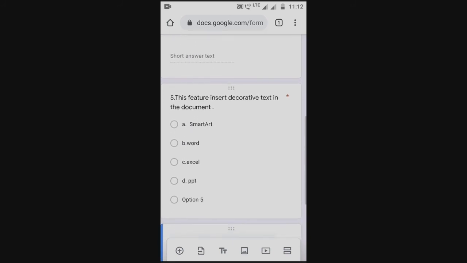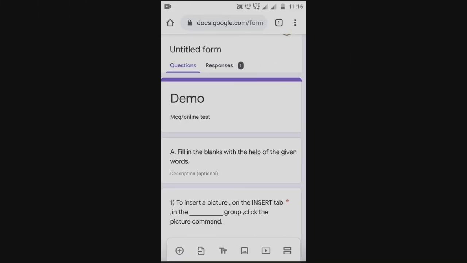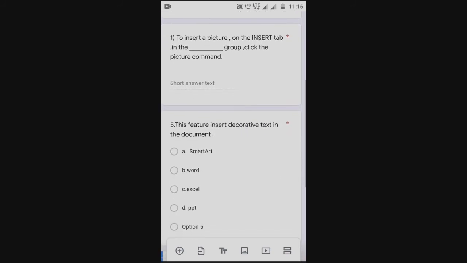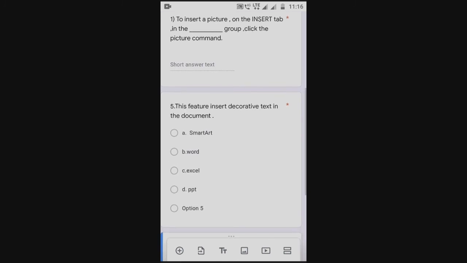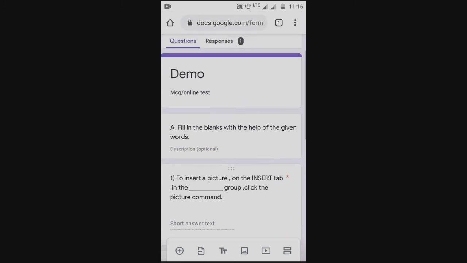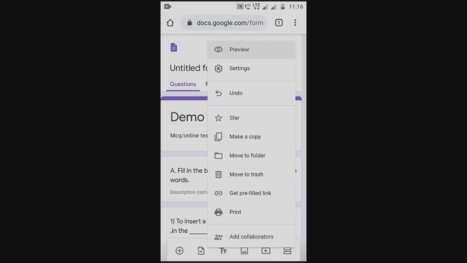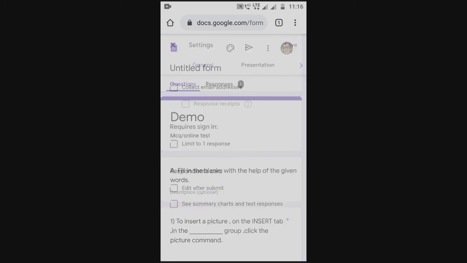After copying contents in the Google form, you can easily convert this Google form into a quiz. Now for that, you have to tap on the three vertical dots and select the setting option.